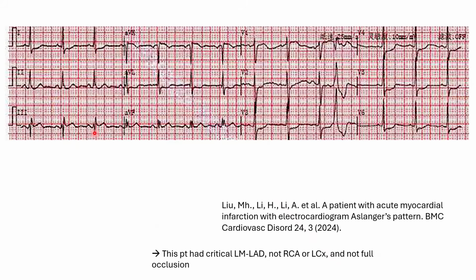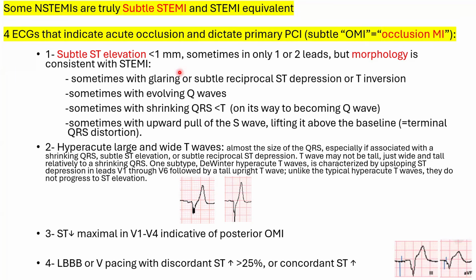It's not always OMI. Now, I described the first and most important group of OMI, which is a subtle ST elevation with morphological accompanying features suggesting STEMI. I will describe the 3 other ones. Number 2 is what we call hyperacute large and wide T waves, which also fit to some degree with the features I